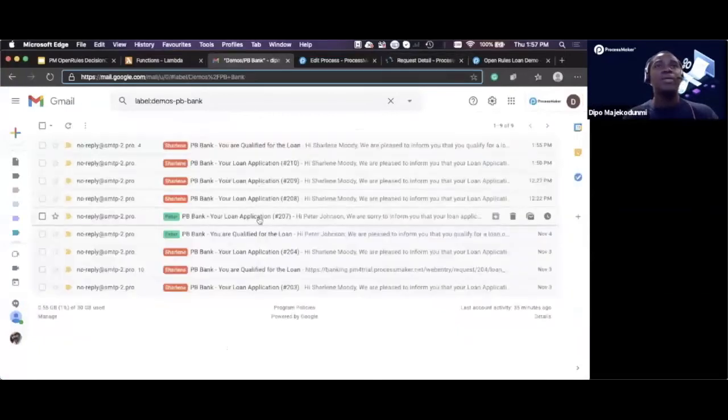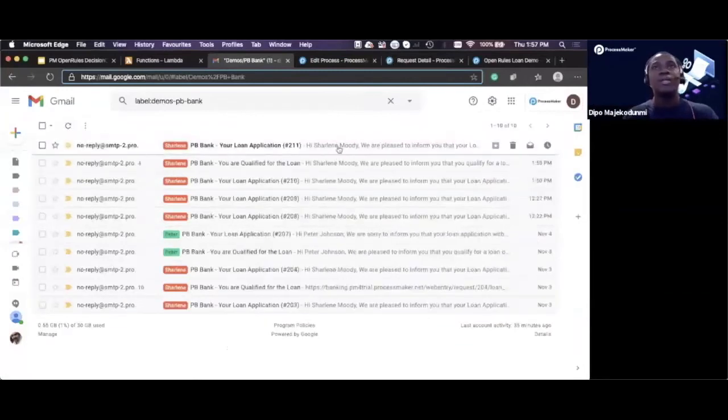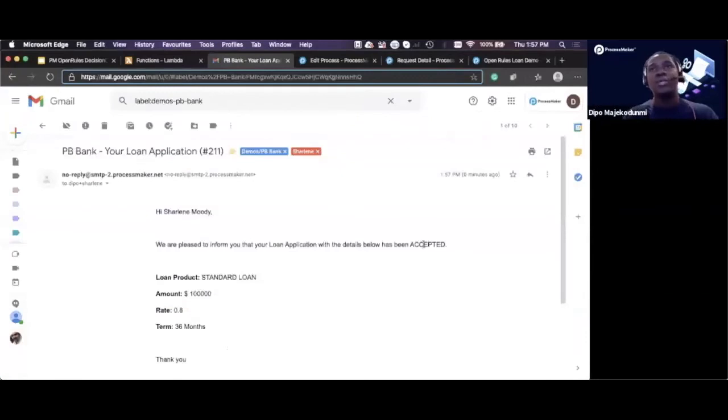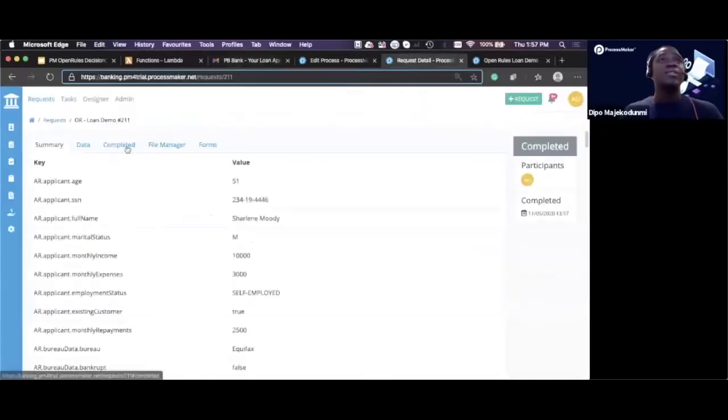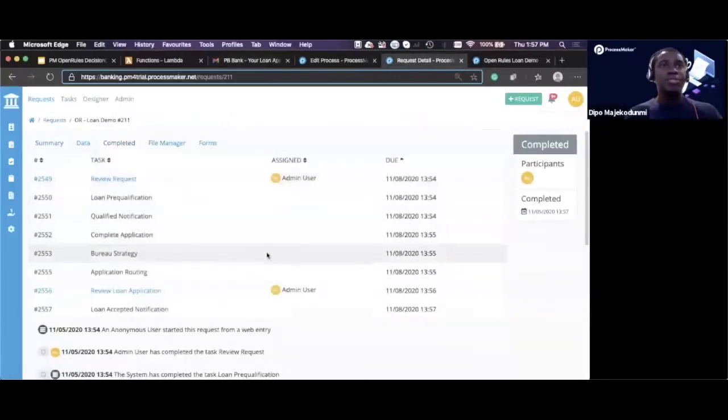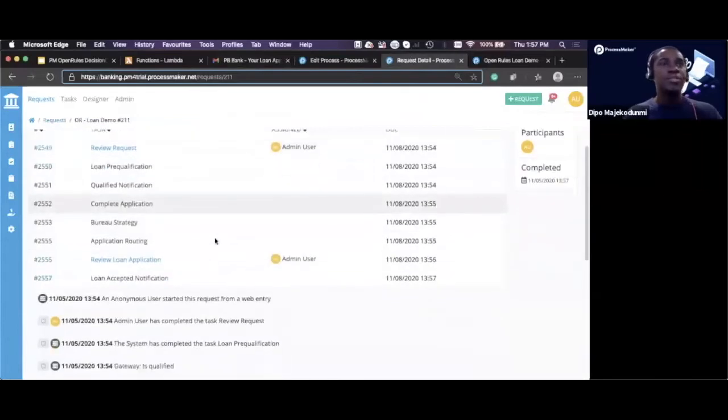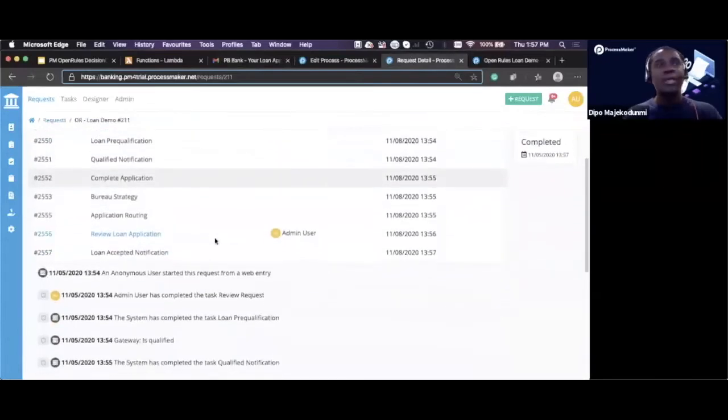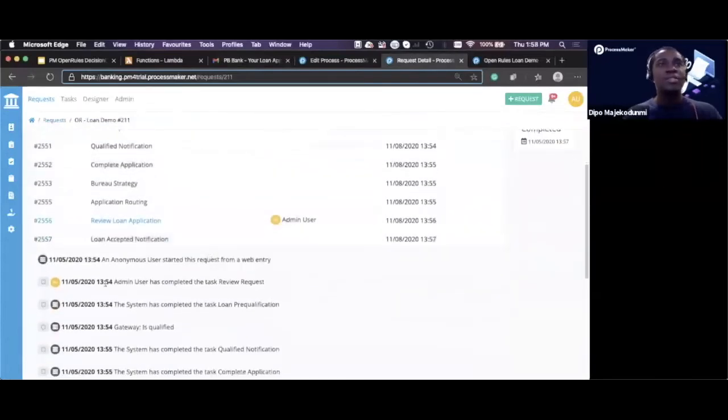So coming back to the process here, to our email, we can see the feedback to the customer that your loan application has been accepted. So as we can see, if I come back to the process here, you can see some of the audit trails that we have in the process itself. You can see all the different things that have happened as the request was